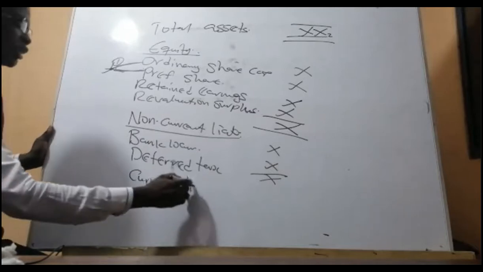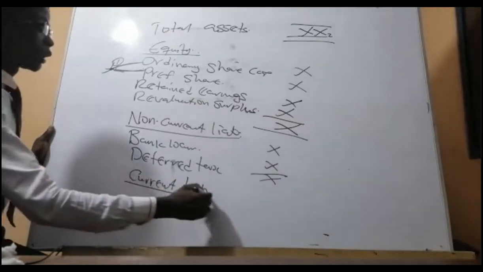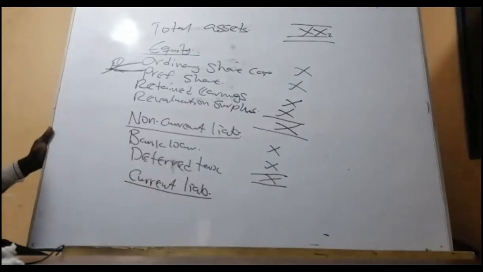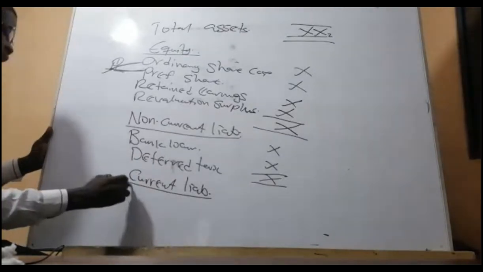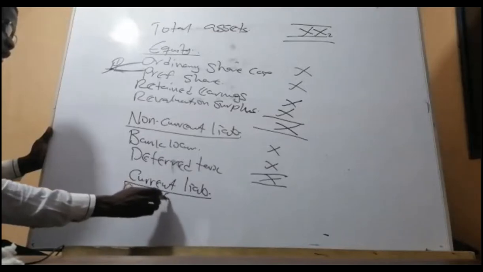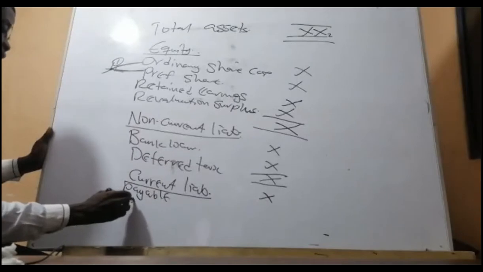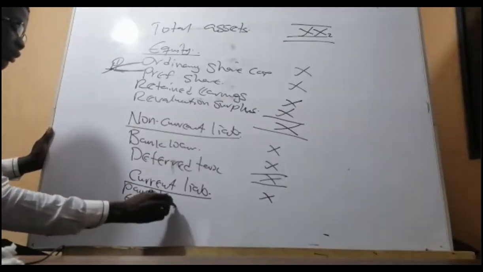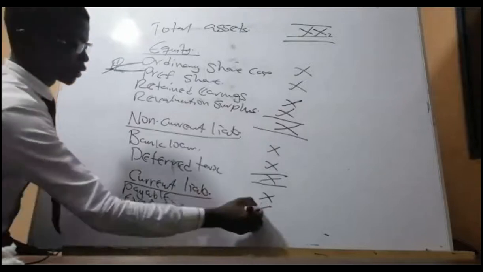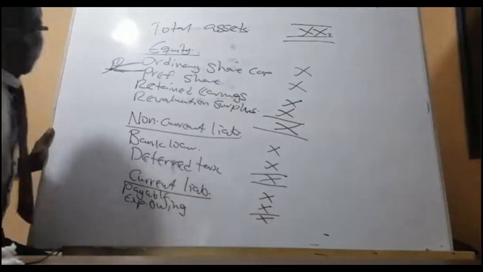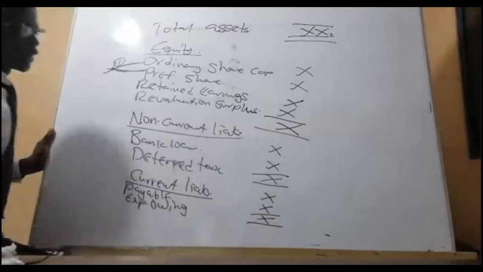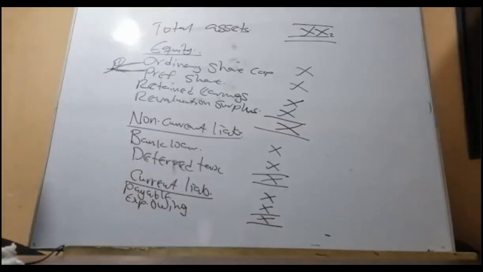Current liability. You can line that one also. Then you start again. For current liabilities, you have payables, so much. Maybe expenses owing. Expenses owing or bank overdraft. Can also have bank overdraft. Good. Now the balancing. Here there are two ways. The smartest one and then the long one. Let's see. We're supposed to have one figure representing what?